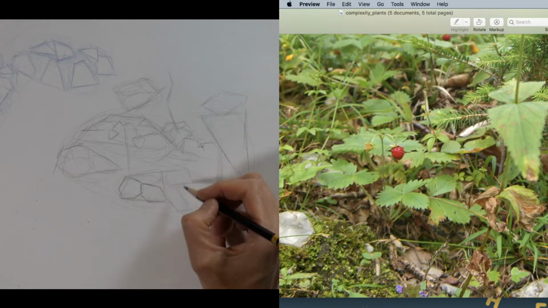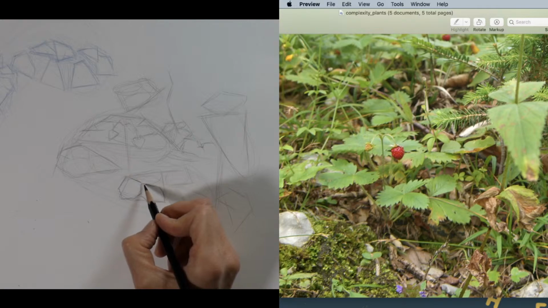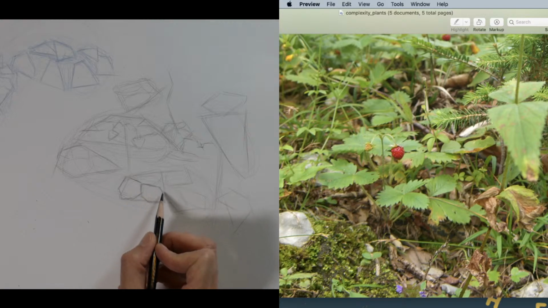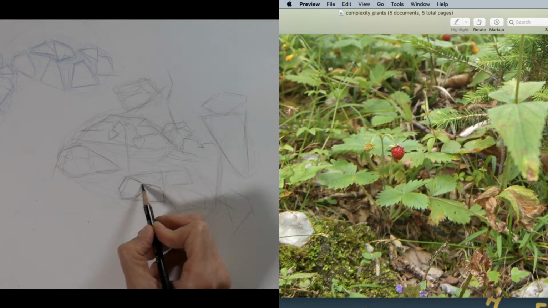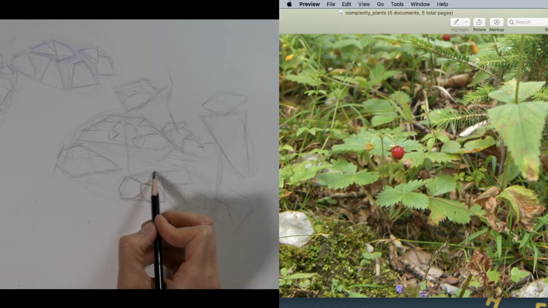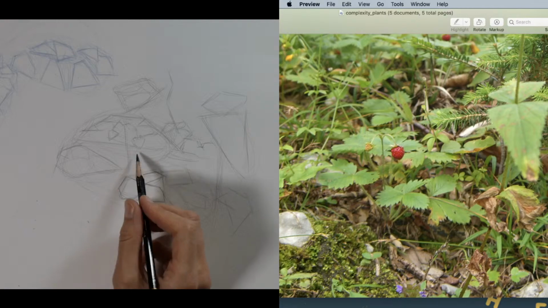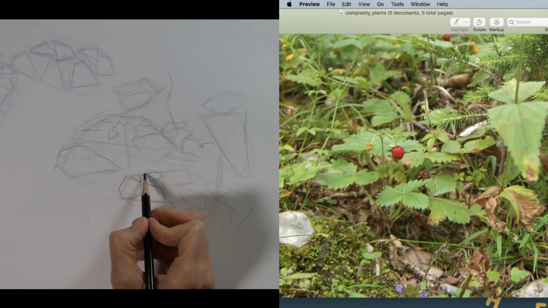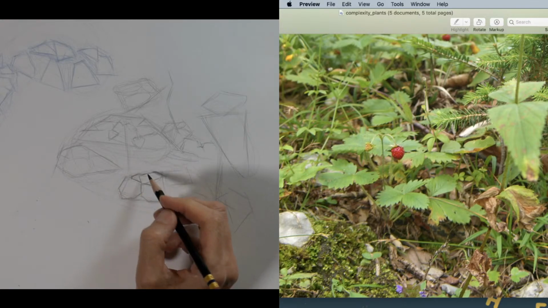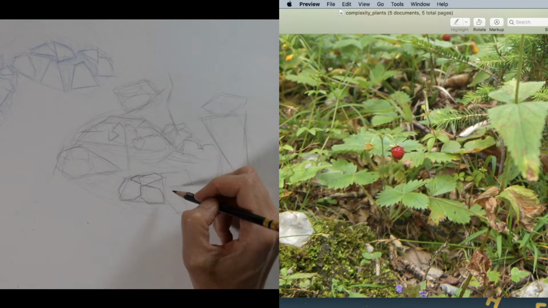So notice I'm not doing the little teeth yet, the little serration part yet. Just like I did the big angles for the clusters, I'm going for the big angles of the leaves now. See, the nice thing is, once you have this kind of organized drawing process, I'm not freaking out over, but when am I supposed to do this, and when am I going to get to that, feeling you're going to forget something, and then you get overwhelmed. Okay, so